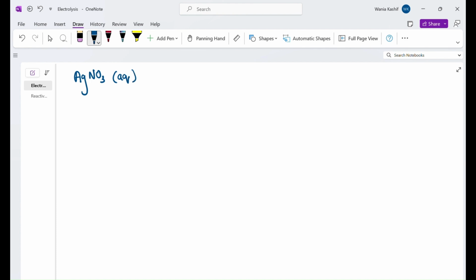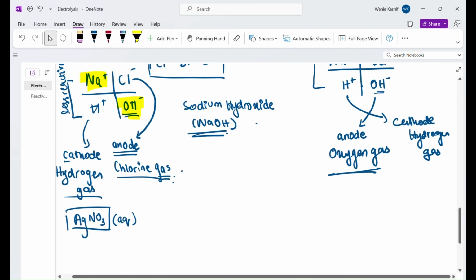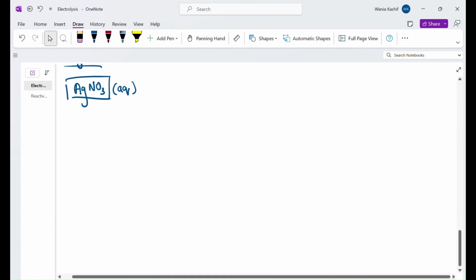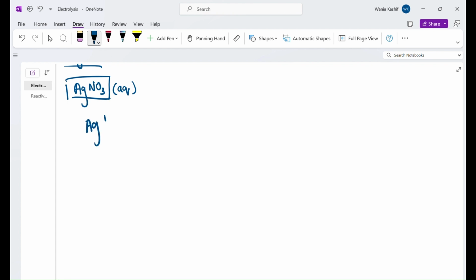Now, I am not specifying for you if it is concentrated or dilute because in its case, the products won't change, but in the exam they will specify for whichever compounds that specification is necessary, and you won't have to be confused and figure out exactly what they want. Your ions will be